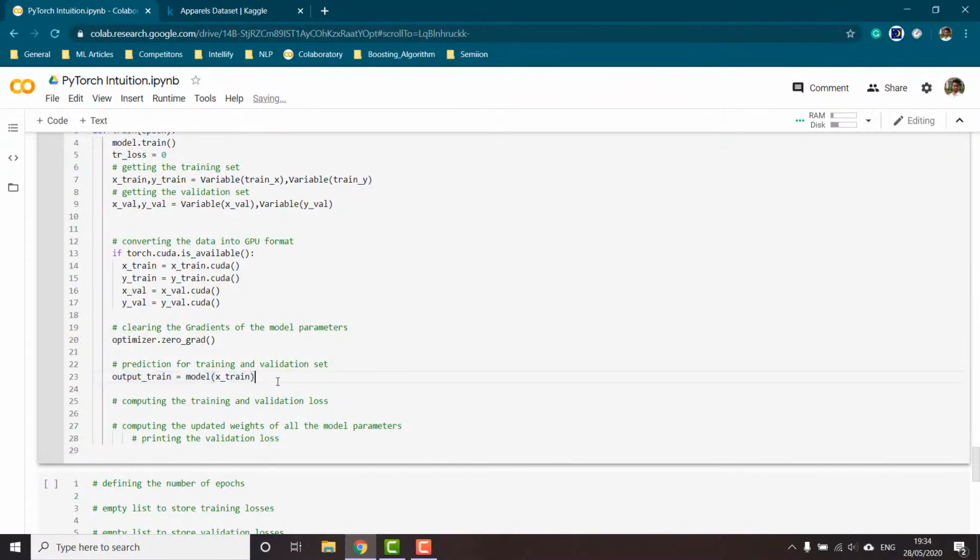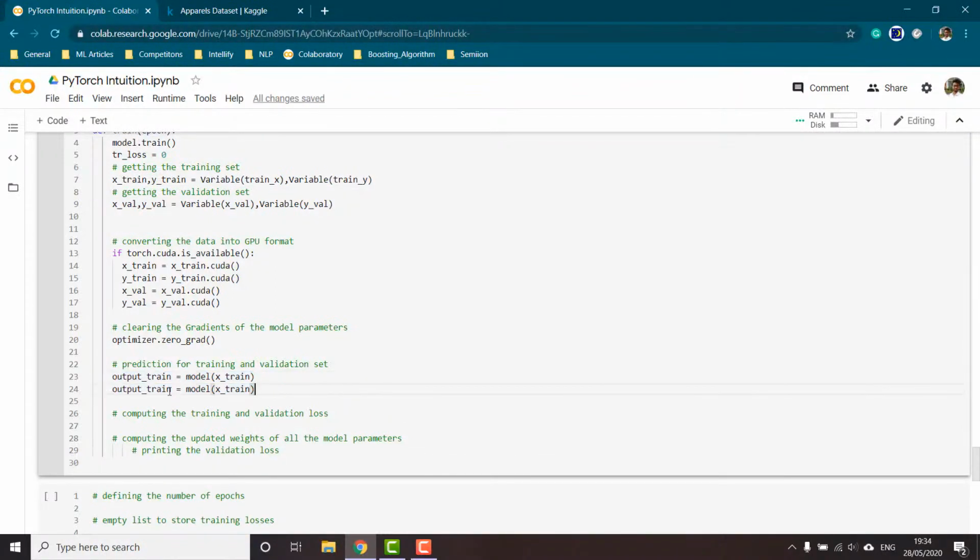And similarly for validation, our output would be output validation, and our data would be X validation.